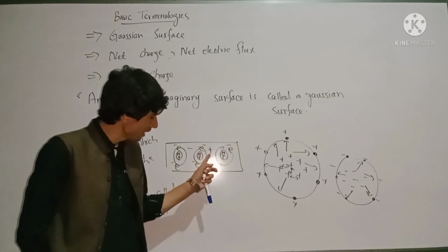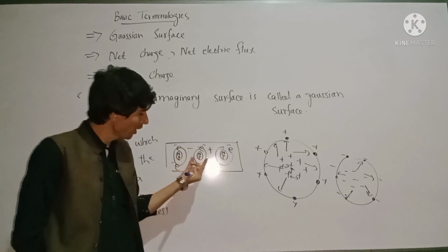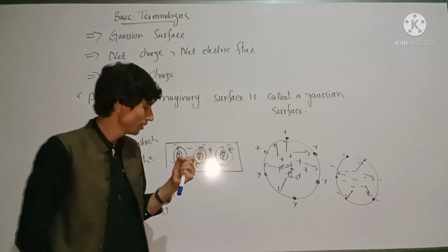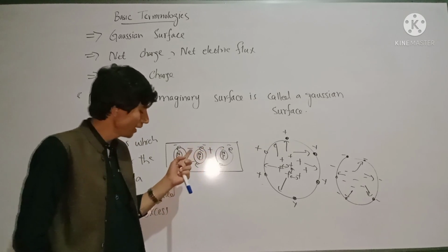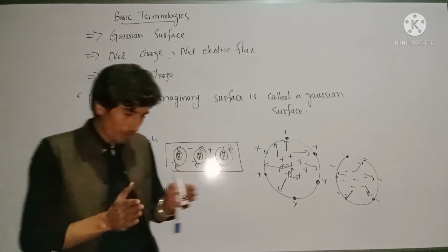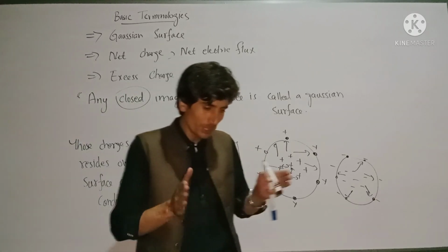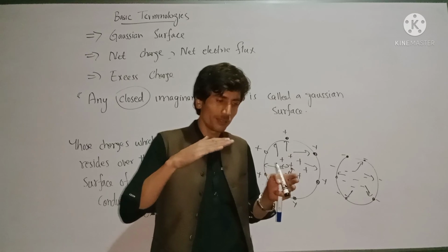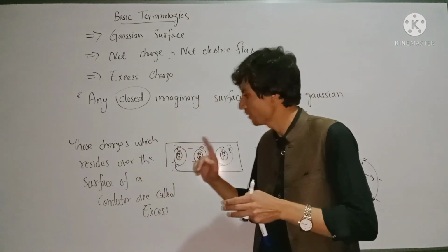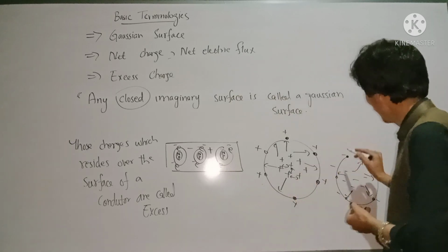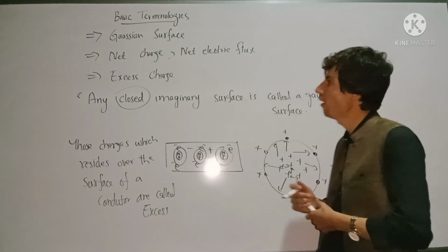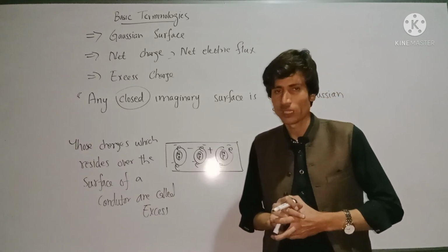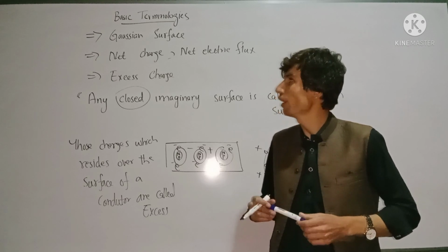But before the insertion of this positive or negative charge, we have a normal conductor and we have neutral atoms. So when we insert the positive and negative charges, there are repulsive forces between the positive charges or between the negative charges. So the negative or the positive charges will start moving toward the surface of the conductor, and those charges which reside over the surface of the conductor are called excess charges. So this is the end of the lecture, and